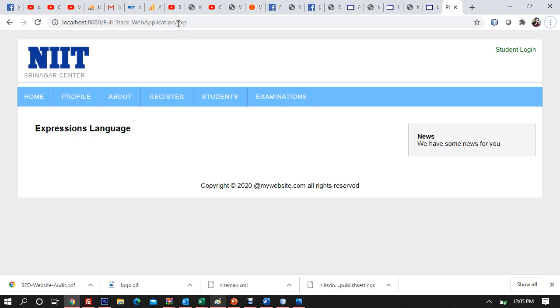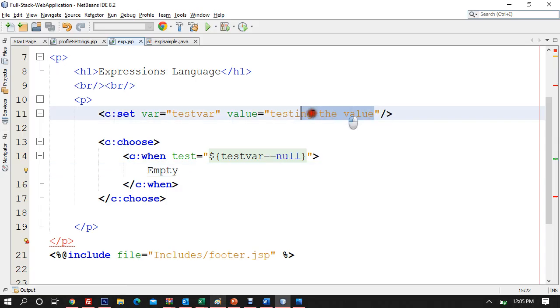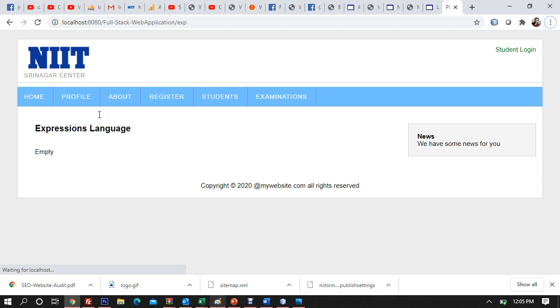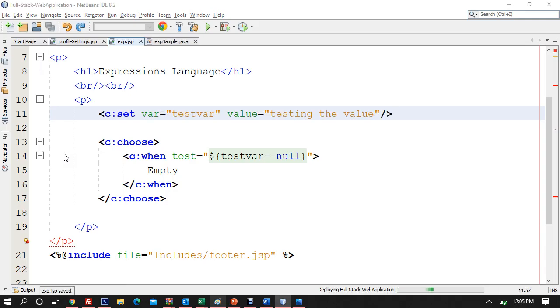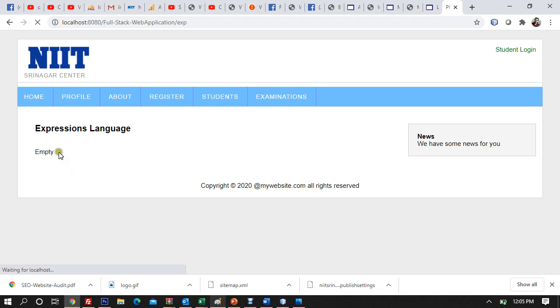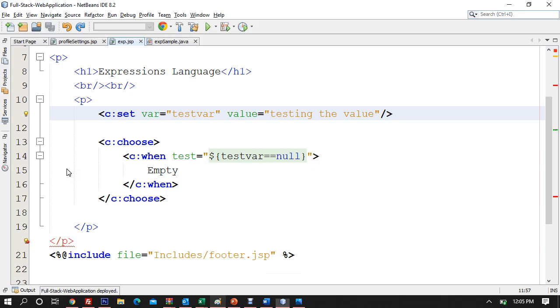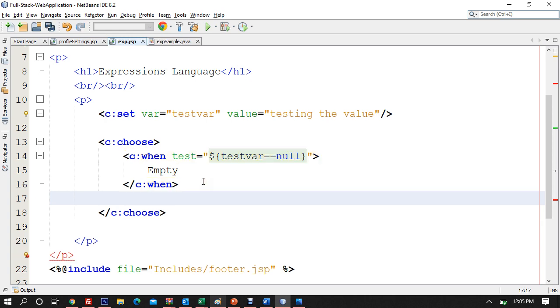So now we're not getting empty because it's not null. So I'll just go ahead and delete it completely. For example, it's null, it's not existing. Yeah, we are getting empty now. Now if I reuse it, I'll not be getting this empty right here. That's absolutely fine. Okay, first condition. Because we are using choose, so I will say